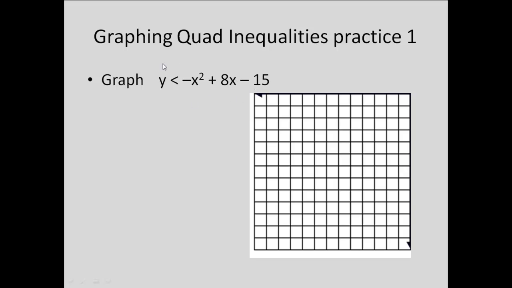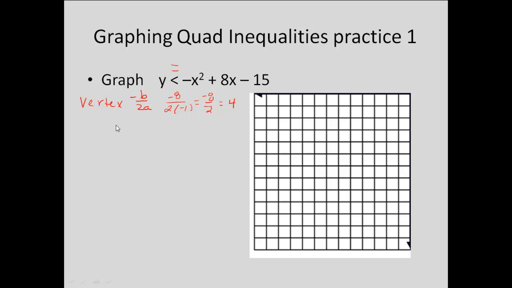Now the first thing we need to do is graph our parabola, just like as if it were an equal sign. Well, first I analyze the fact that it's in standard form, so I'm going to find my vertex by using the opposite of b over 2a. Now my opposite of b is going to be negative 8, and then my a is a negative 1, so I end up with negative 8 over negative 2, which is equal to a positive 4. So that gives me the x-coordinate of